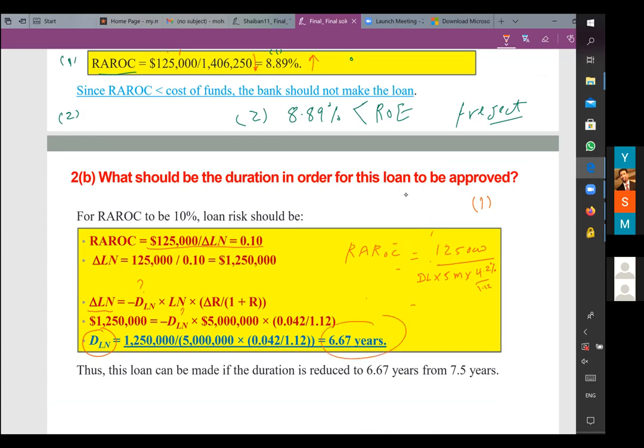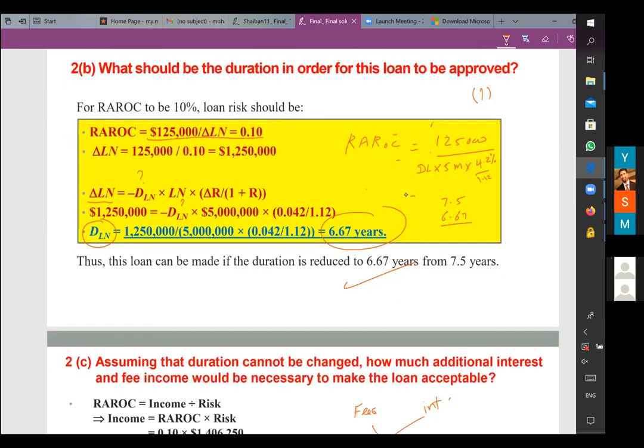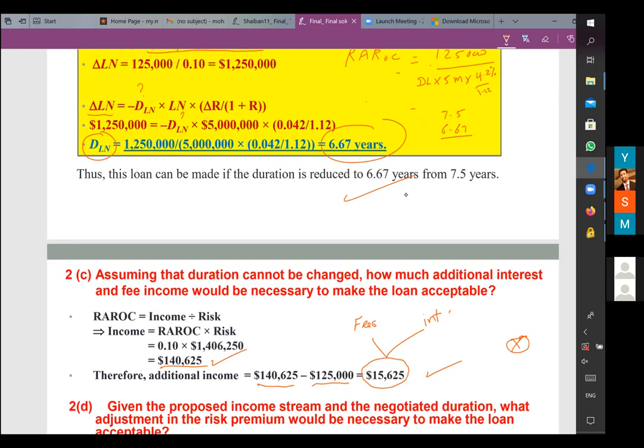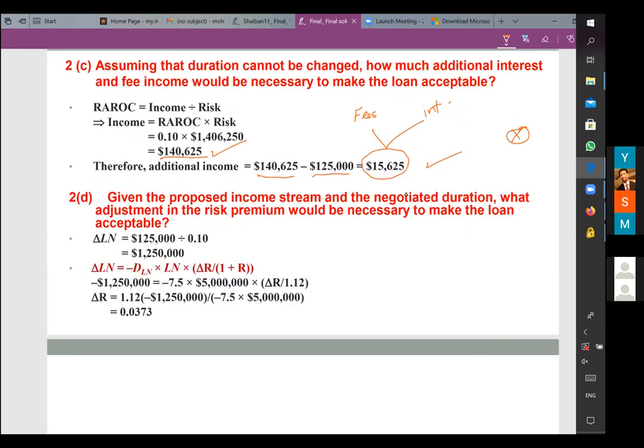So this guy was going to pay me in 7.5 years, but if I decrease it and tell him to pay me in 6.67 years, which means about 8 months less, at least we calculated now 6.67 years, I can accept this one. Also, the RORAC was rejecting it, but I can play with the risk. So we played with the income, and we can play with the duration, and we can play with the, and this is an internal thing, we can play with the